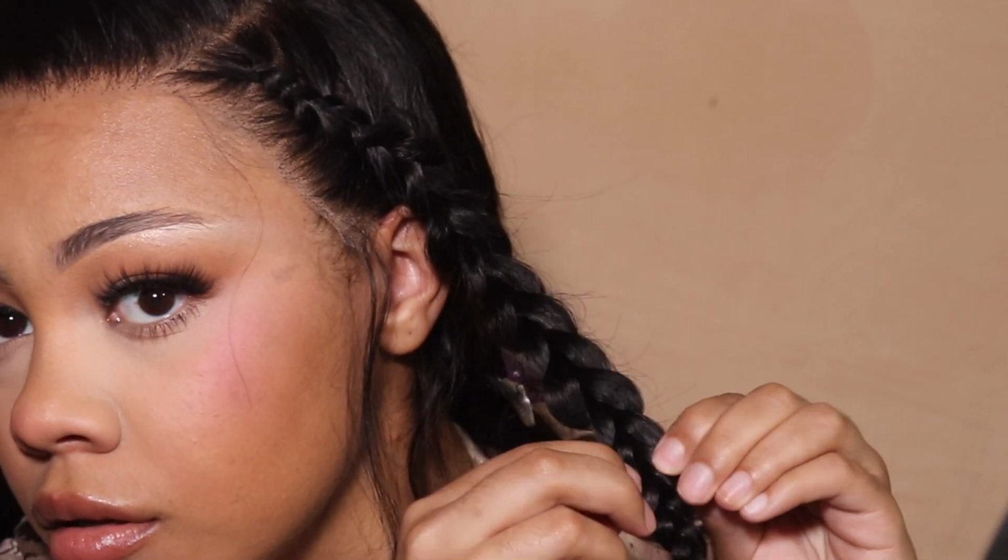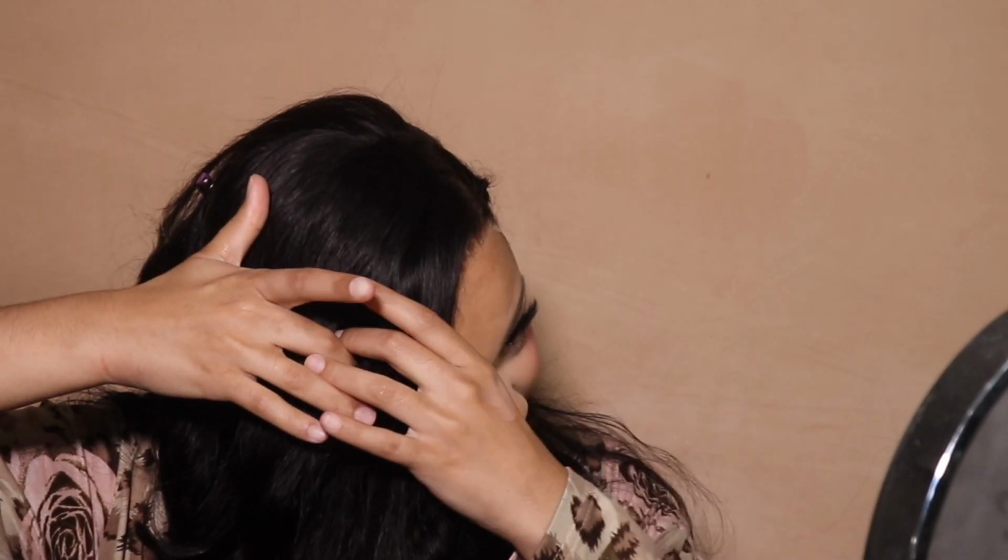Opening it up. And this is what I got. Just a little messy braid. Get out my face. I like the braid hanging, so I don't know how I'm gonna do that yet. I'm thinking I want a decent bang, so I'm just gonna take a little section. This is probably too much. And I just wanna like